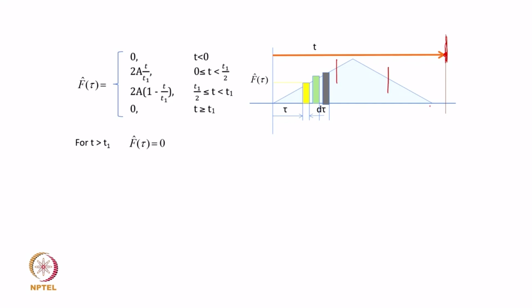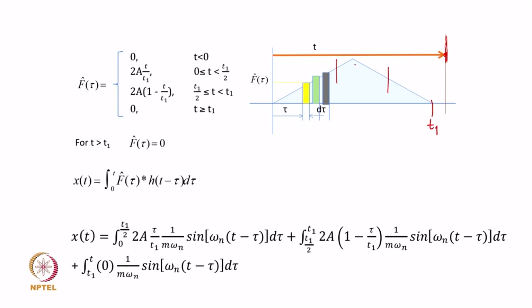Now, that again follows straightforwardly from the earlier discussion. For time t greater than T1, the integration will be similar to the earlier case. So, we will again split it into three parts: one up to T1 by 2, then up to time T1, and then the remaining time. From 0 to T1 by 2, this expression is valid. From T1 by 2 to T1, not T but T1, because all these impulses will completely contribute, the integration has to go from T1 by 2 to T1, and f cap tau is different there. This is the same thing we discussed last time.